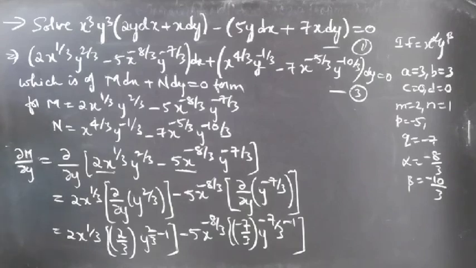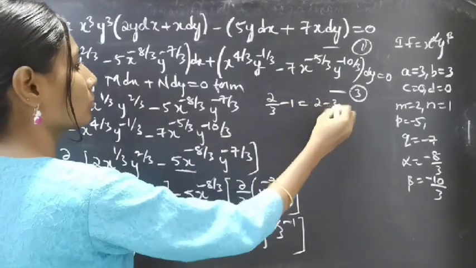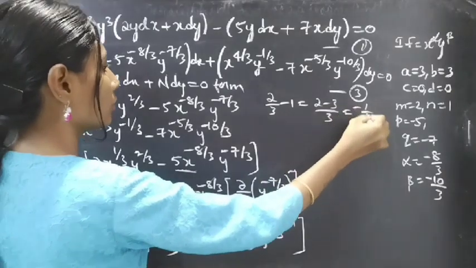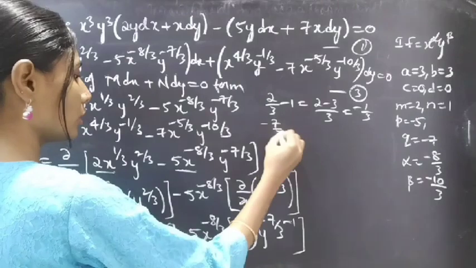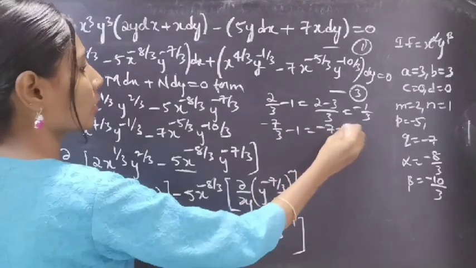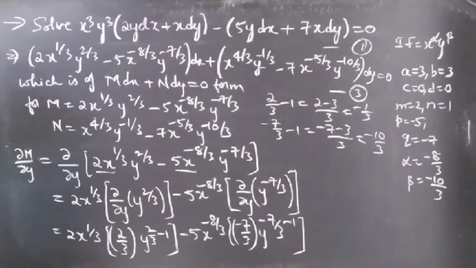Okay. Let's simplify 2 by 3 minus 1, which gives us minus 1 by 3, and simplify minus 7 by 3 minus 1, which gives us minus 7 minus 3 by 3, which is minus 10 by 3. Okay, then this becomes